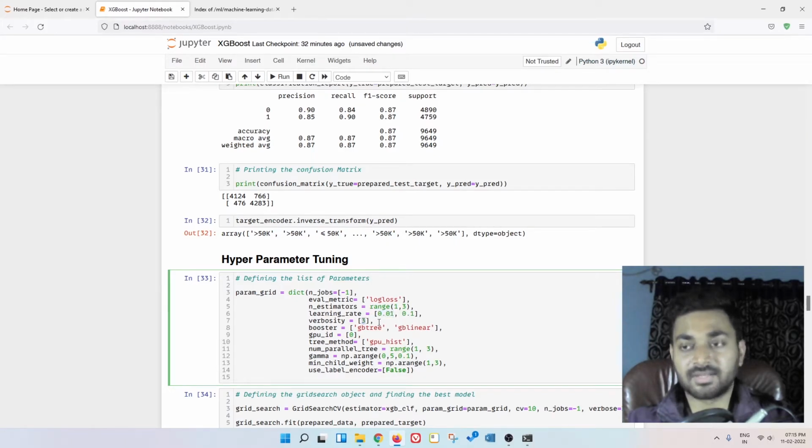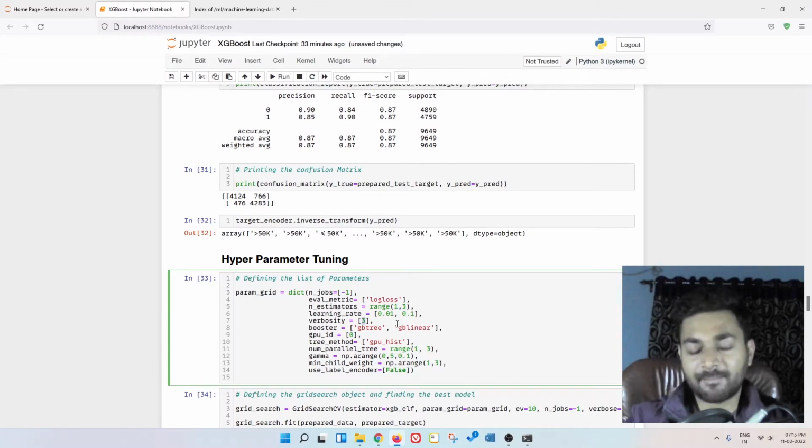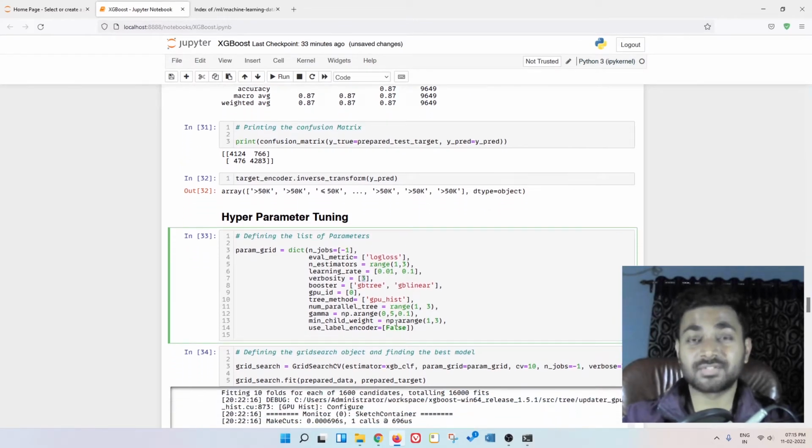From verbosity it will take 3. Like this, it is going to find out for which set of hyperparameters I am getting a good model, where the model accuracy is high. So it is going to find out all the models, all the parameters in this fashion. I'm going to make a detailed video on hyperparameter tuning, but this is the basic idea of what